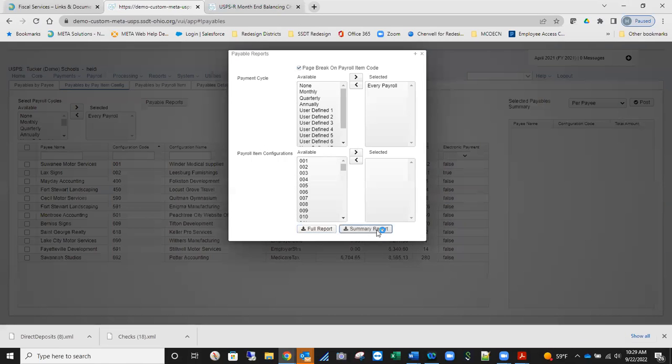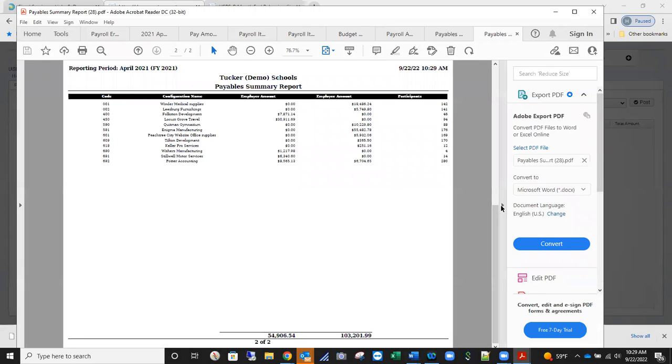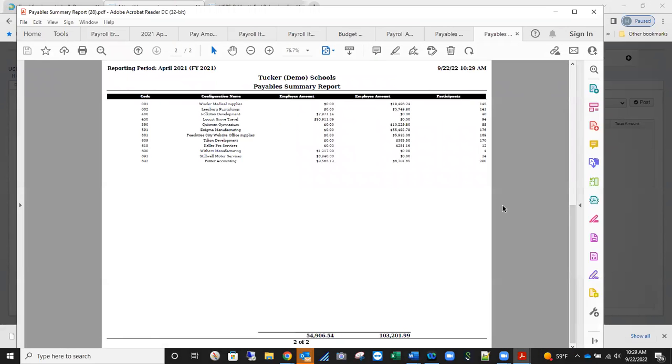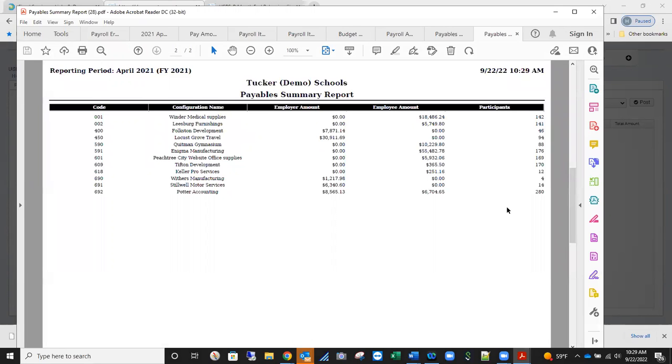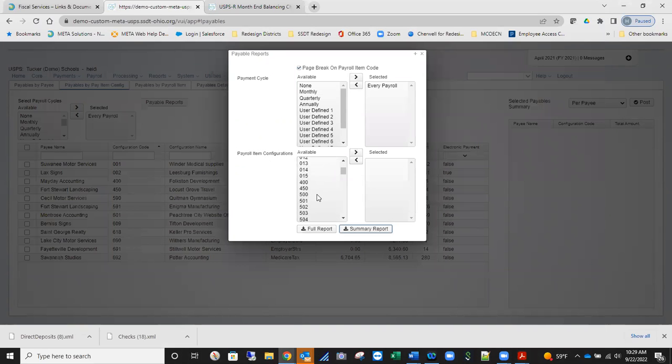Then when we do the summary report, again, it's going to just give us the meat and potatoes, the code, the name, the amount, and this one does actually give grand totals for all together. So maybe you are this district that you're like, you know what, I only want to see my annuities right now. And maybe they're all coded with the 5s. You know where I'm getting at? If I did this,